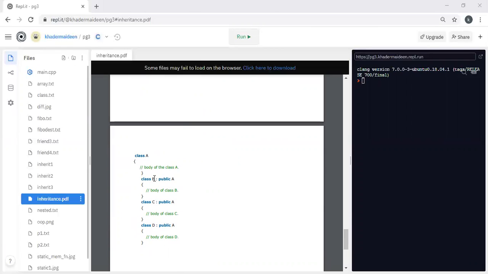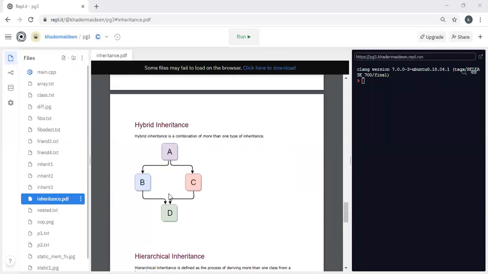Then class B, which is a derived class whose parent is A, or whose base is A, therefore public, private or protected base A, then the body of the derived class B. Then class C, which is a derived class whose base is A, so public, protected, private A, then the body of the derived class C. Then class D, which is a derived class whose base is A, so private, public, protected A, then the body of the class D.